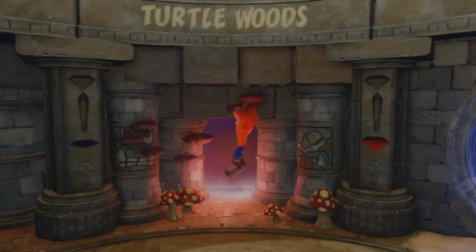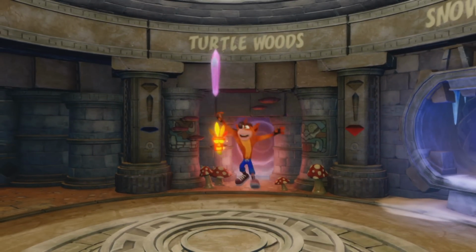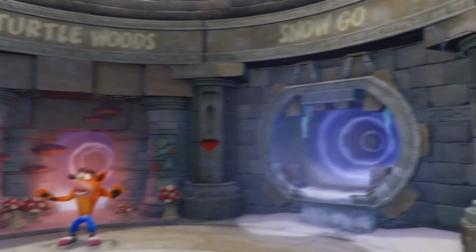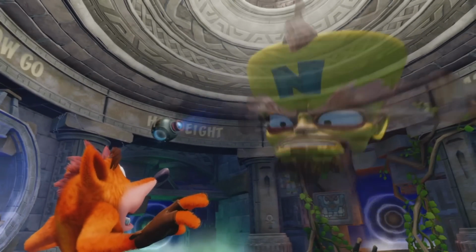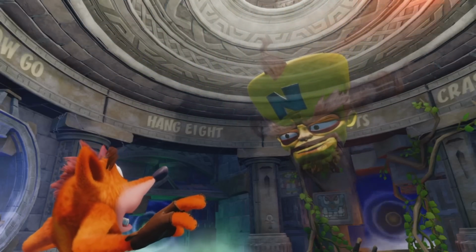Now we're going to level 2. I do love those little animations, how Crash just pulls the crystal out of his ear. And here we have Cortex. Now what I'm talking about, the holograms not being the same as the original, is like,